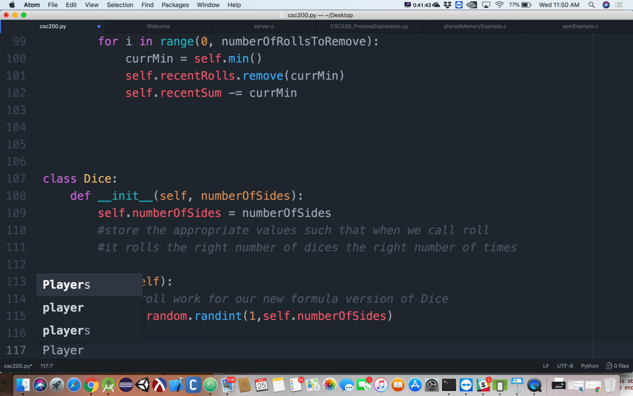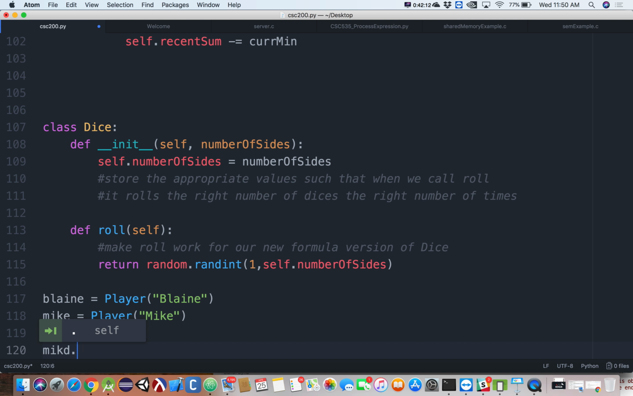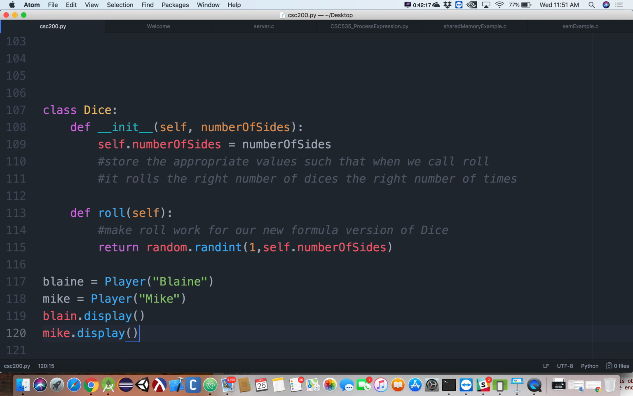So we'll say player Blaine. Actually, this is not the right language. We'll say Blaine. You have an E, right? Yes. Is equal to player, and we'll give it the name Blaine. And then we'll say Mike is equal to player Mike. Then we'll say Blaine dot display and Mike dot display. So we're just going to generate our couple of players and then tell each one to display themselves,